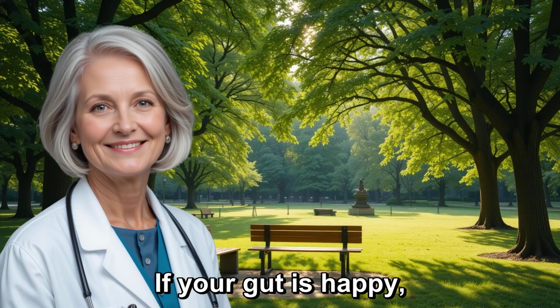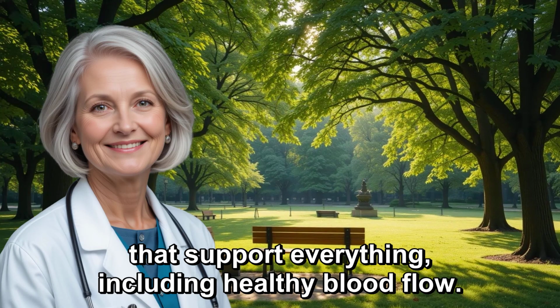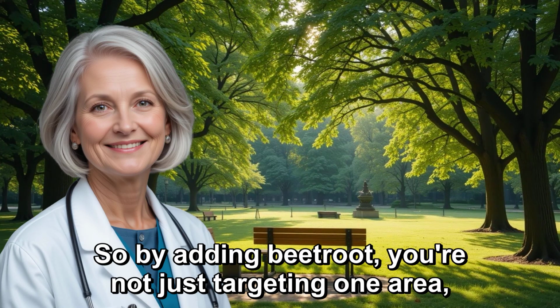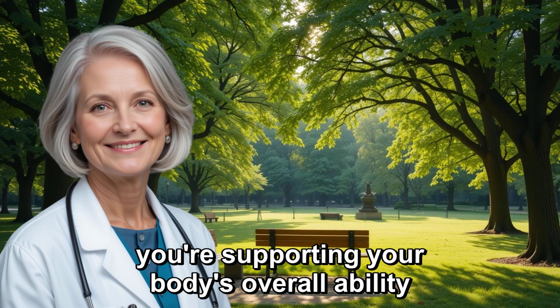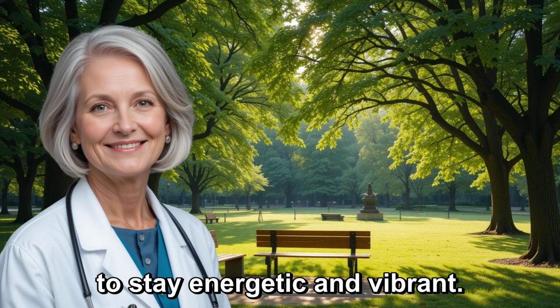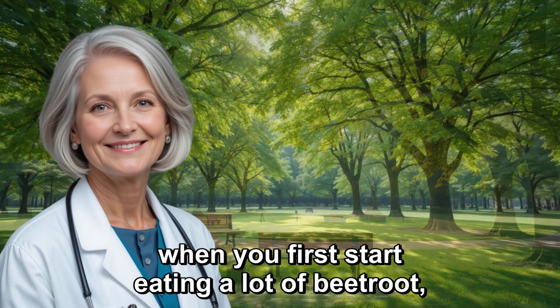If your gut is happy, your body can better absorb the nutrients that support everything, including healthy blood flow. So by adding beetroot, you're not just targeting one area, you're supporting your body's overall ability to stay energetic and vibrant. Now, it's worth mentioning that sometimes when you first start eating a lot of beetroot, it can turn your